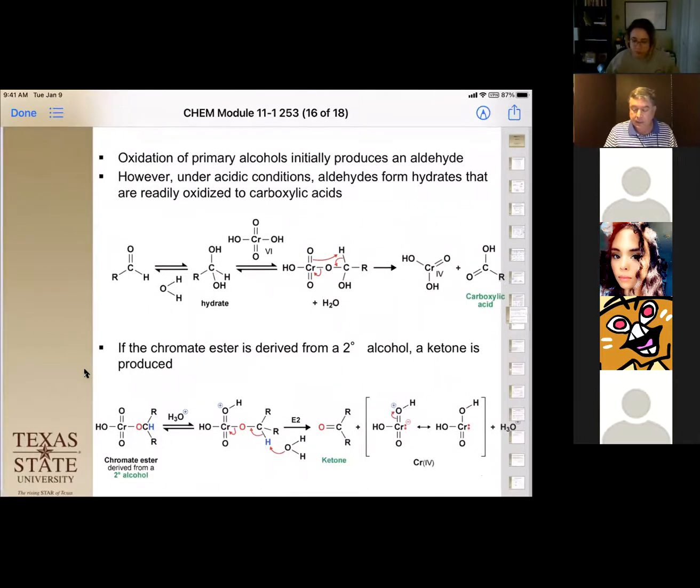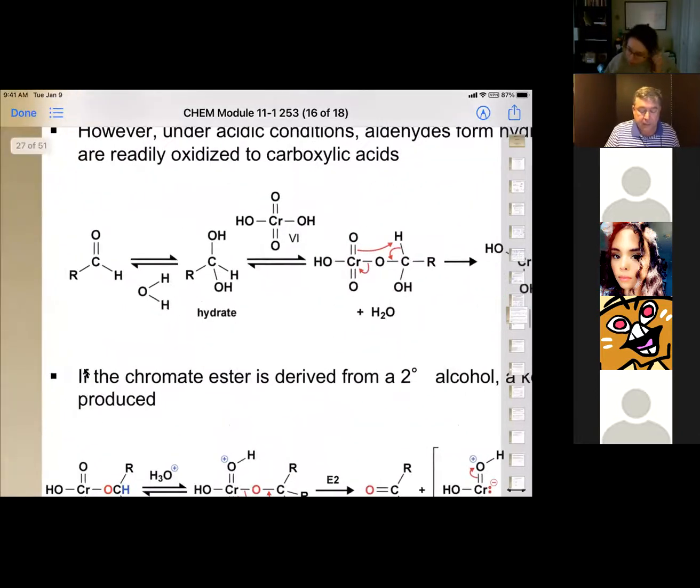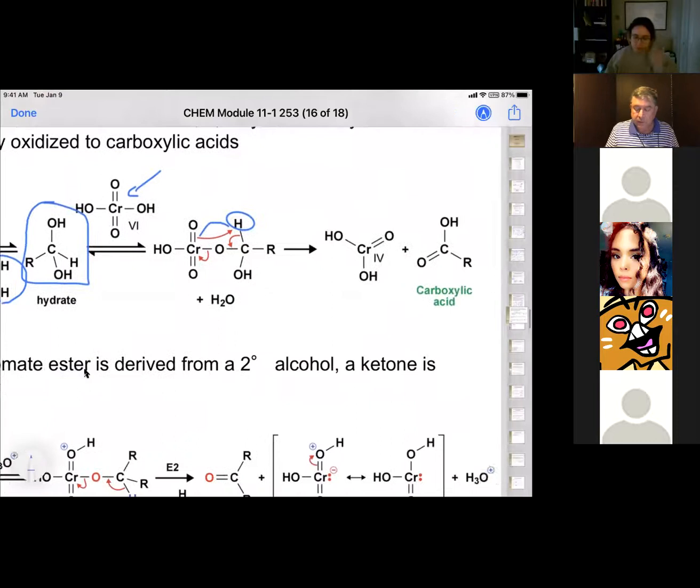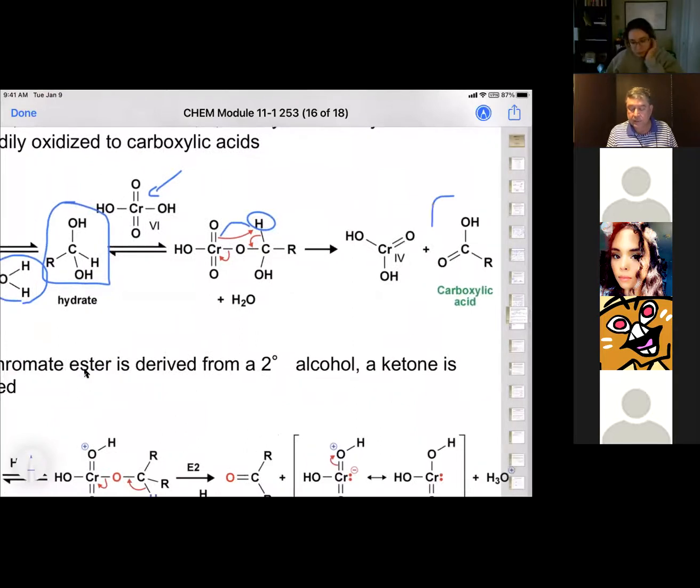Because our aldehyde here can act as a Lewis acid as well, we can then have water come in and act as a Lewis base, generating this hydrate or this geminal diol, 2 alcohols on the same carbon. That geminal alcohol then reacts with chromic acid again to form the chromate ester, and then it can transfer that last proton off